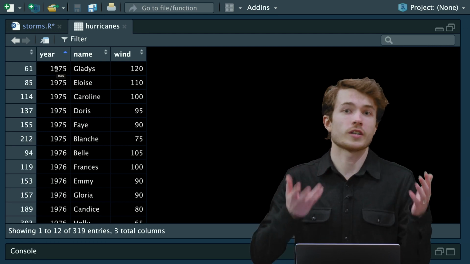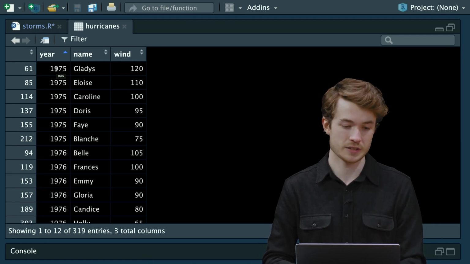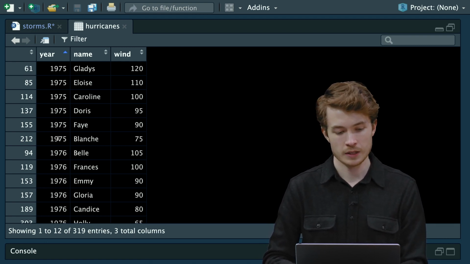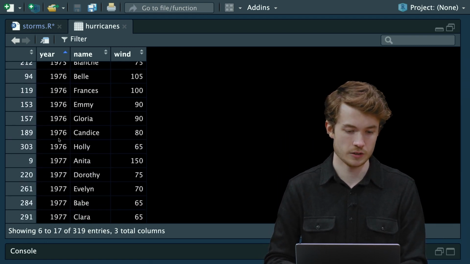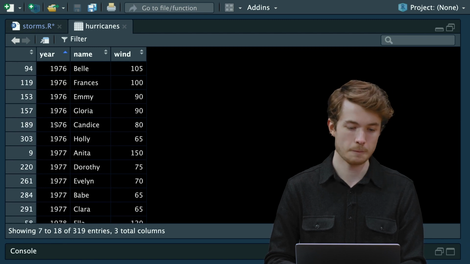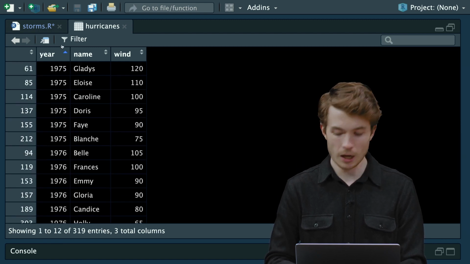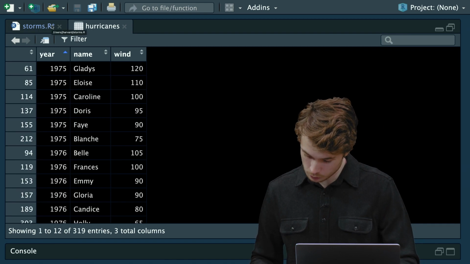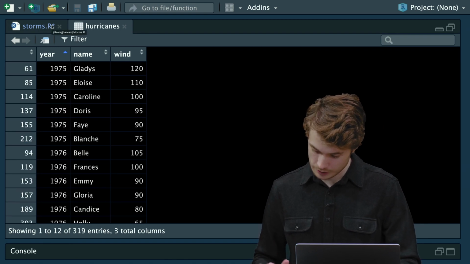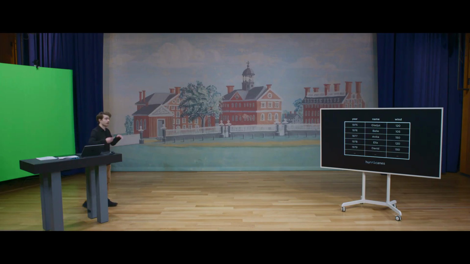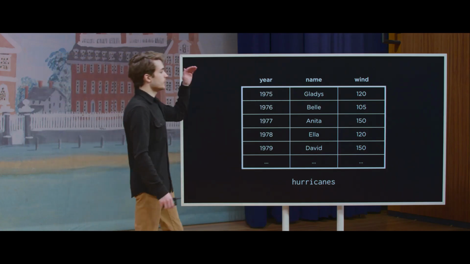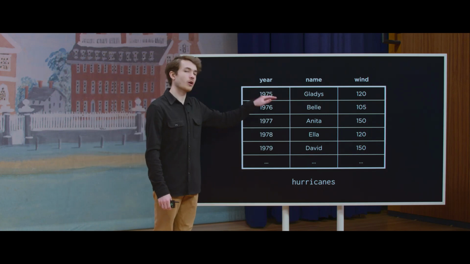has several hurricanes. So 1975, for instance, seems to have had roughly 6 of them. 1976 here seems to have had also about 6 of them. And my goal is really to end up with a table that looks a bit like this one here. I have one row for every year, and in that row I have the hurricane with the strongest